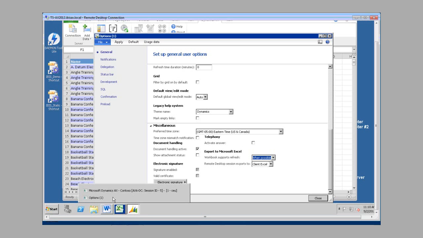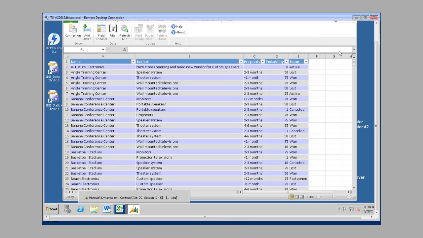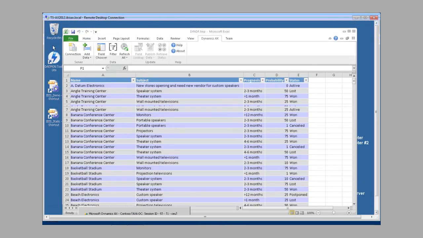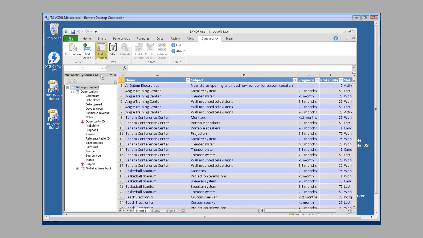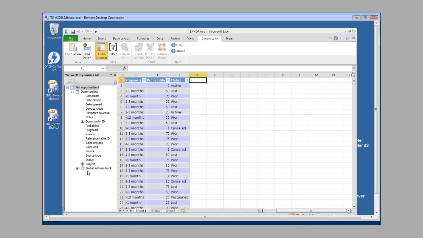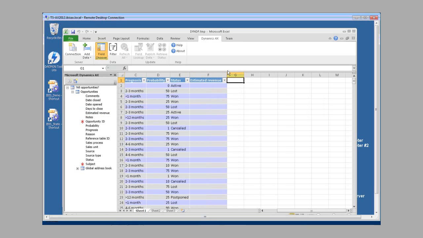Okay, there we go. So we've got our records in AX and Excel now. I'll just leave that the way it is. Now, I found that I'm missing a field that I want to put into this Excel spreadsheet from my opportunities table. So what you do is you use this field chooser, and let's say that the field I want to put in is my estimated revenue. So you can double click that and it will automatically create the field in the Excel spreadsheet